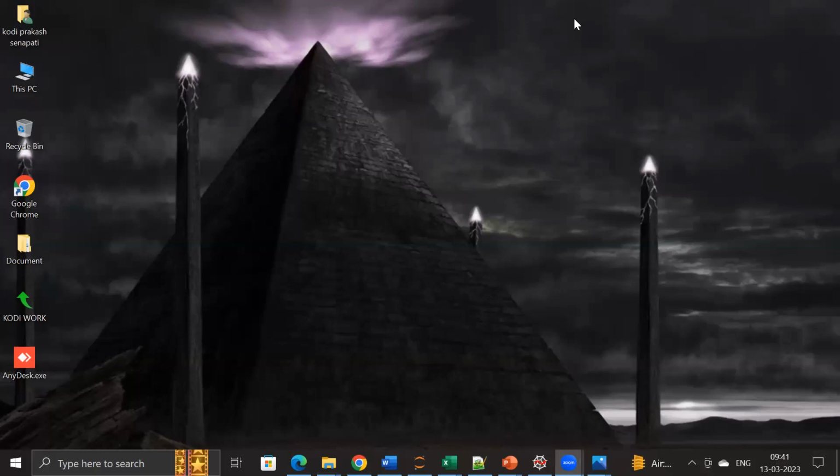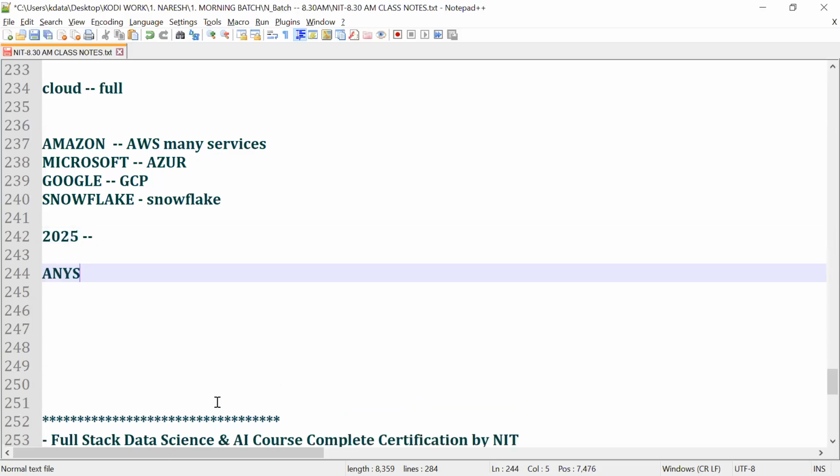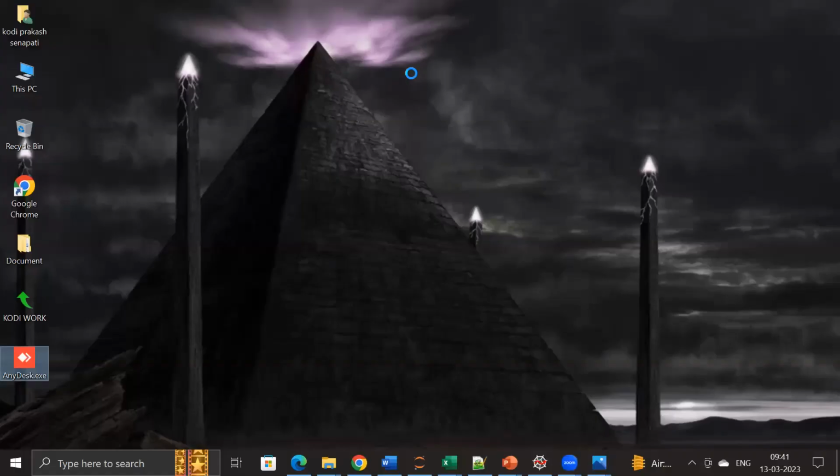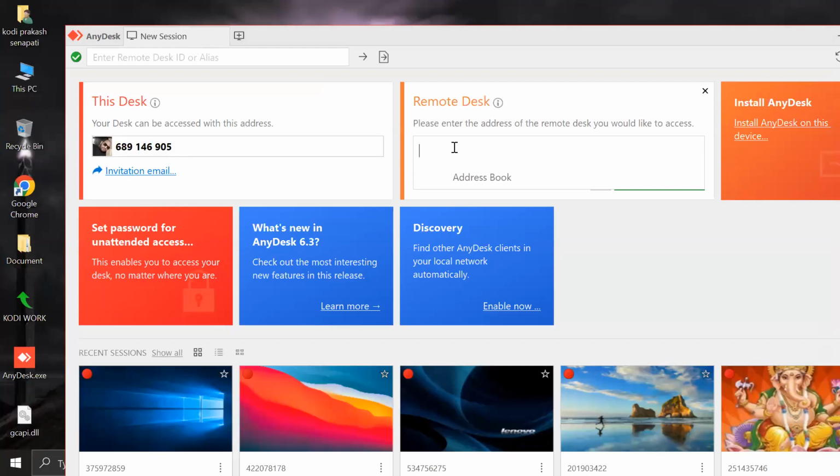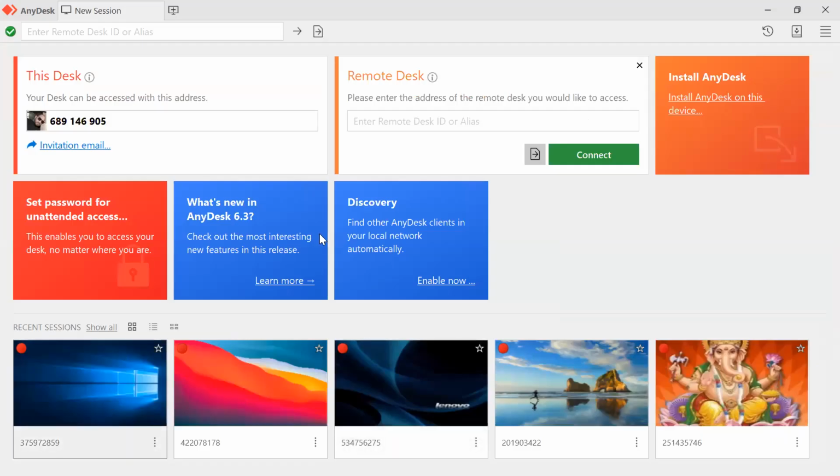I'm here. Offline team, I humbly request, attend the class, bring your laptop, install the software, and fix the bugs. I will help you. Online team, I will also share AnyDesk access. What is AnyDesk access? This is AnyDesk access. If you have questions or a bug, my lab mentors are there. If they cannot fix it, I take your AnyDesk access, log into your laptop, and fix the bug.